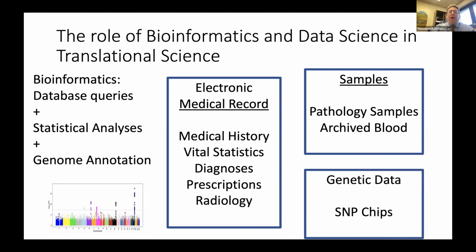Things that if we wanted to go back and test them for some other hypothesis or for some other piece of information, the samples are there for us to do it, and typically they are linked to medical records in the EMR. And then genetic data by way of SNP chips and now even high throughput sequence data are being generated